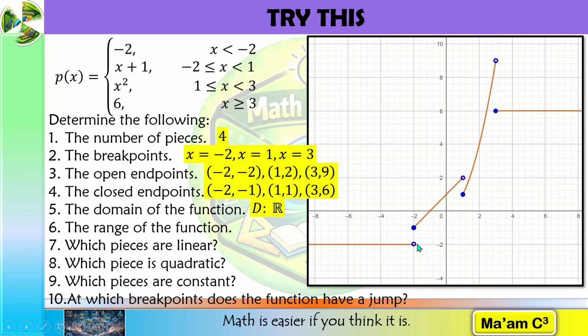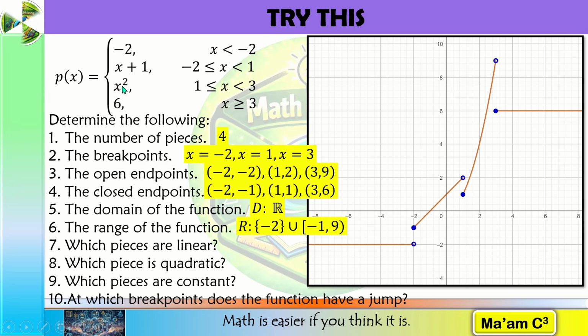So if we write it, {-2} union [1, 9). But again, 9 is an open circle, so parenthesis. In here, 1 is a closed circle, that's why we use bracket. And since this is only a single digit, we use braces. So there is discontinuity in our graph. There is a jump. From -2, it jumps to 1 up to 9.